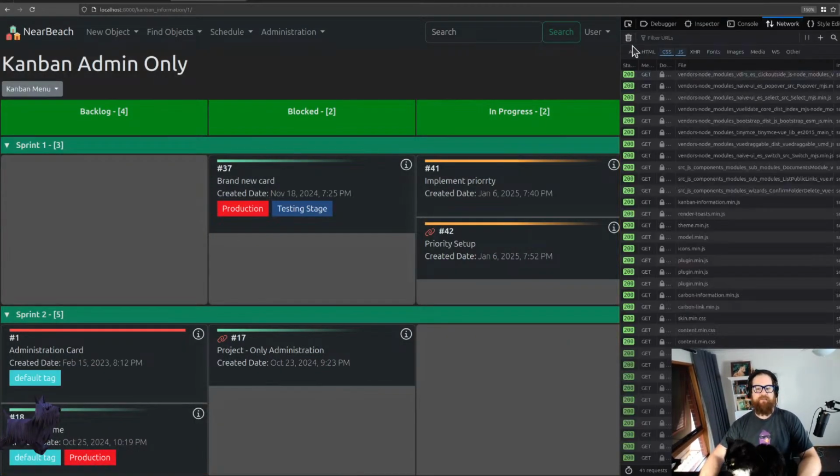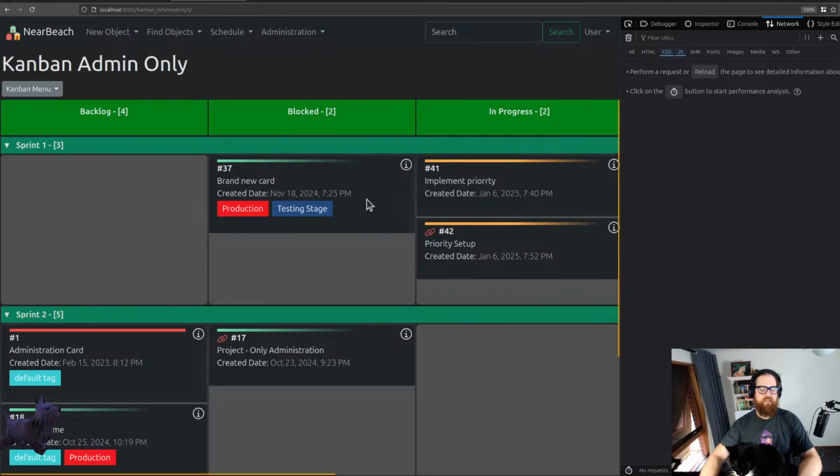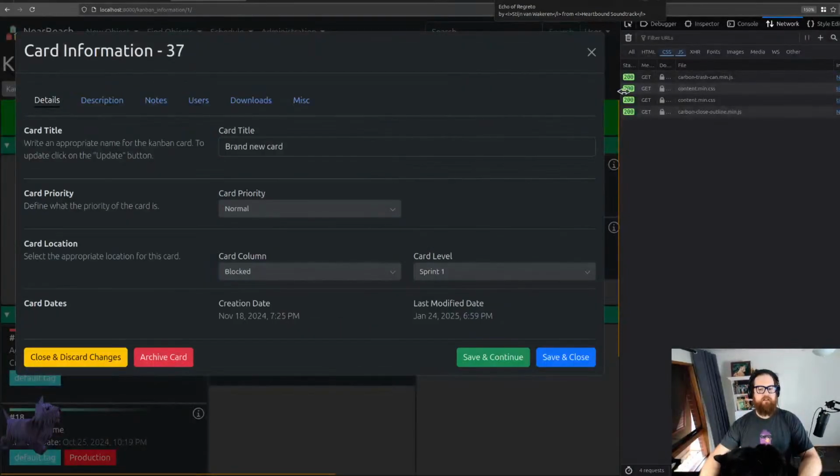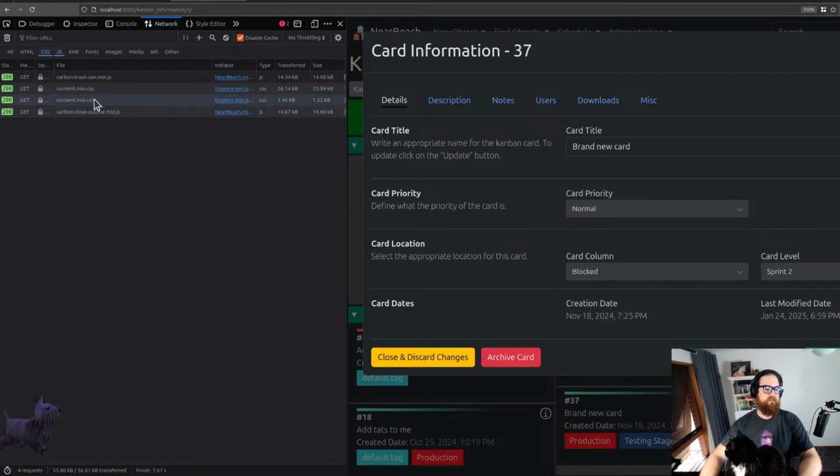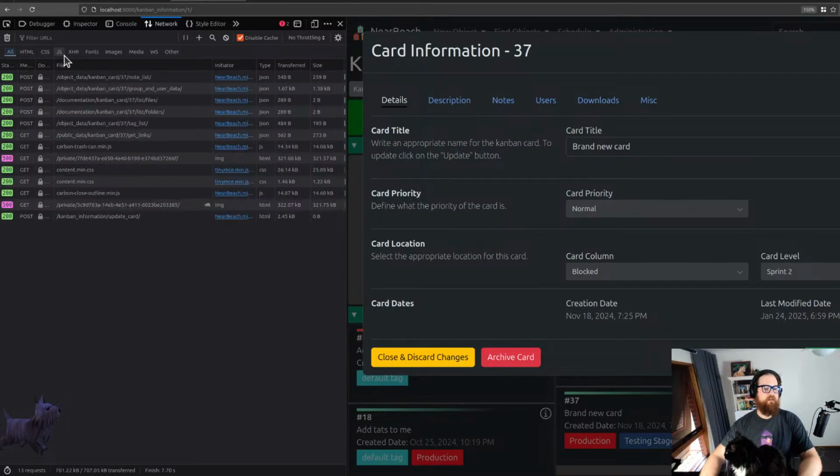This is probably going to be a really easy bug. I thought I couldn't replicate this, but that's perfectly fine. So if I click on this, I'm going to move the network to the left and do the exact same thing again. I'm going to move it down to sprint 2 and hit save and continue. If I go XHR, oh, we've got a couple of